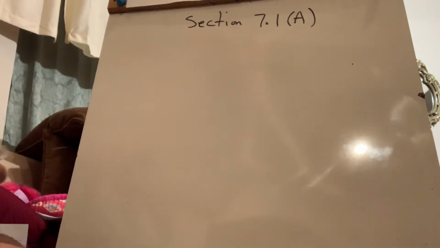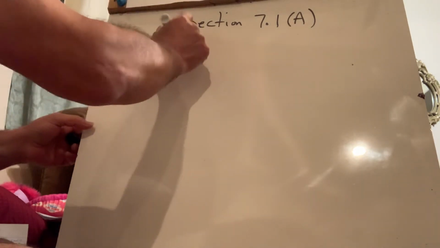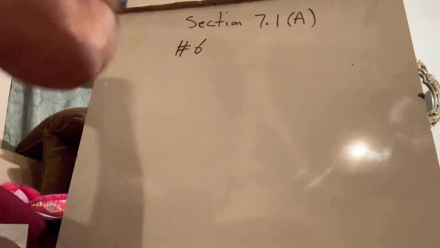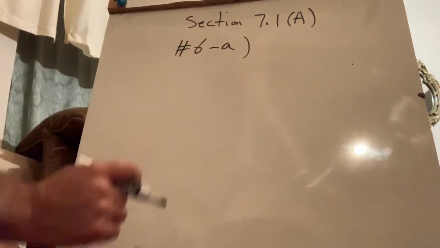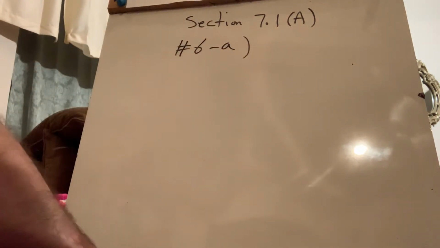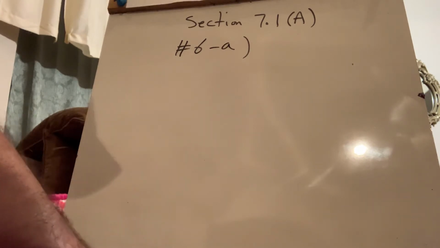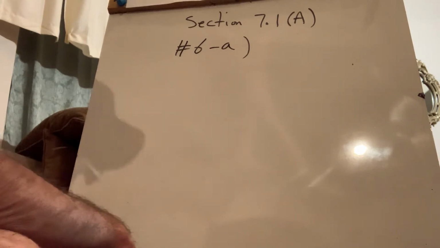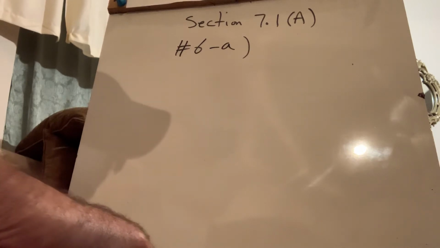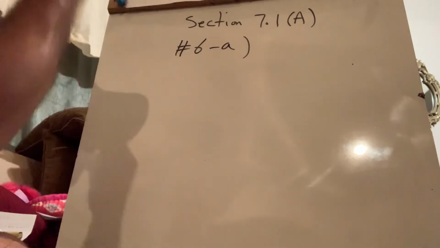So number 6, part A. Again, same section, assessment A. So number 6 says, mentally determine which of the following can be represented as a terminating decimal. So they're giving you a fraction. They want to know which one can represent a terminating decimal. So as you change it to decimal, it terminates, right? It doesn't